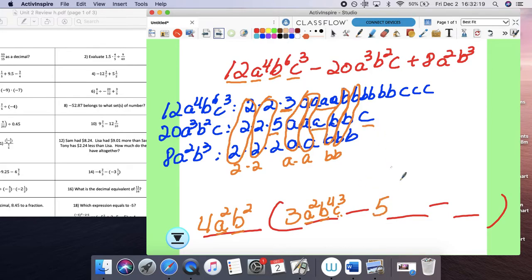1A and 1C. Check. 4 times 5 is 20. Check. A squared times A is A cubed. B squared. Check. And then C. Check. Last one, I have a 2